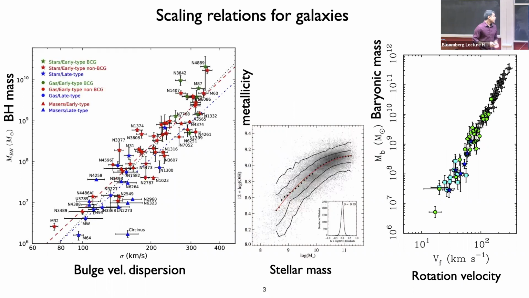Again, let me give some famous examples of scaling relations. Sorry, a part of the slide is cut, but on the y-axis is the black hole mass of a galaxy, and on the x-axis is the velocity dispersion of the bulge of the galaxy. You can see a tight relation going over a large range of parameter space. There is also metallicity versus stellar mass, which is not exactly a power law, but it still follows a low scatter relation. And then the one I already mentioned, the baryonic Tully-Fisher relation.